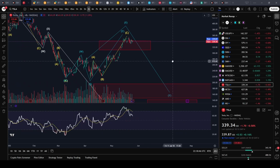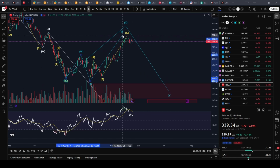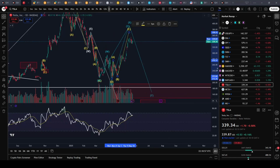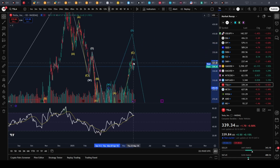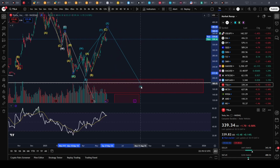Tesla exceeded the short area like we mentioned last time, I think. And it's just not something I want to trade at the moment, but I want to watch to see how it's going to play out. If the Qs are going to dump, then Tesla is going to dump too. So I'm not really interested in getting into these individual names, especially these big cap tech stocks. Yeah, there's tons of opportunity, but if it doesn't go our way and the market breaks the lows, then